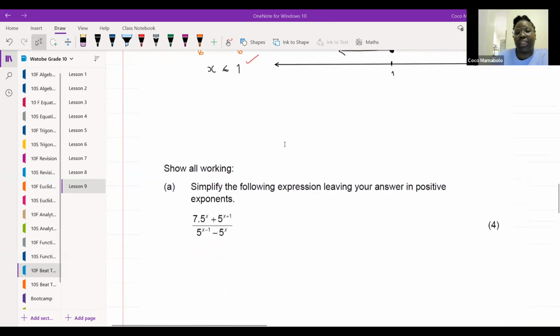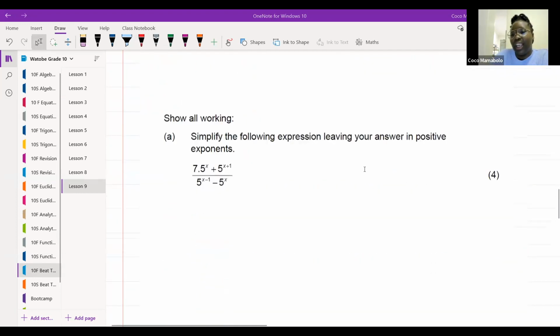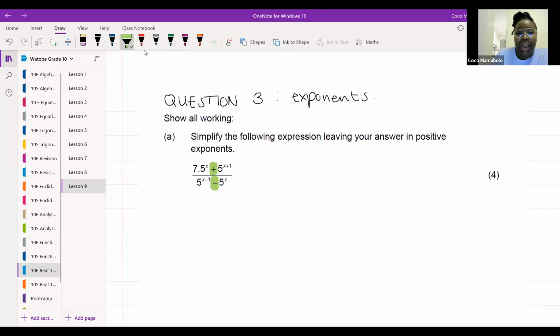All right, here's question 3, guys. Let's just get Princess caught up. Question 3 is a bit of a difficult one. I'll give them that. It's a bit of a tough nut. This is exponents, guys. We're going to be talking about exponents here, right? Now, there's a particular rule that we need to use. As soon as we see a plus and a minus, what we need to do,